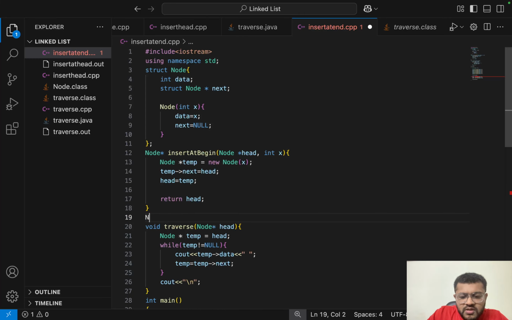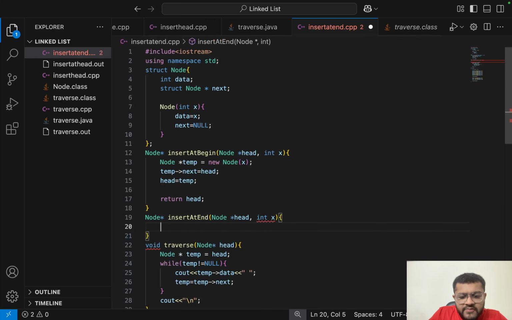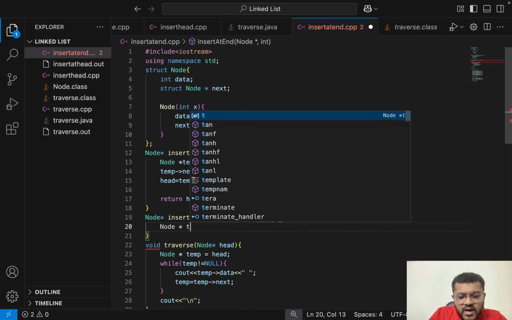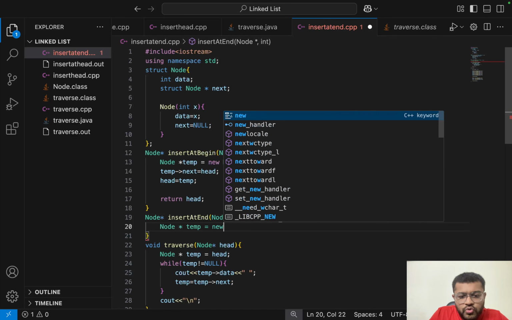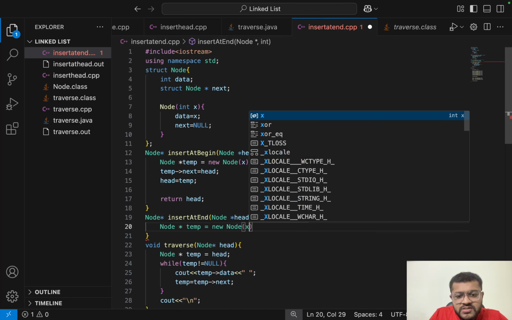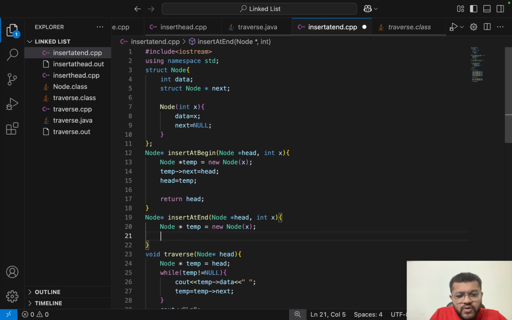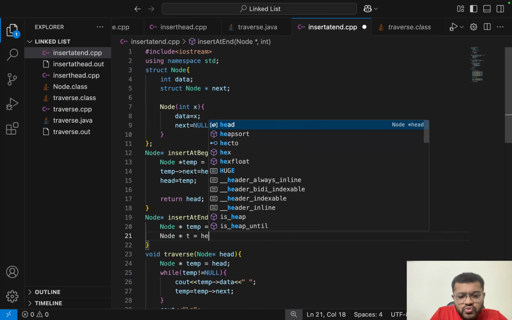So I would say node star insert at end, node star head and int x, right? So what I will do is, I will take node star temp is equals to new node with value x, which we have to insert, so we will create a node of that value, and I would say node star t is equals to head.